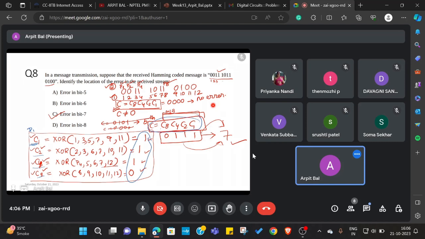If the value is non-zero, then the non-zero value that is obtained, in this case it is 7, it means that the 7th bit is erroneous. Okay,